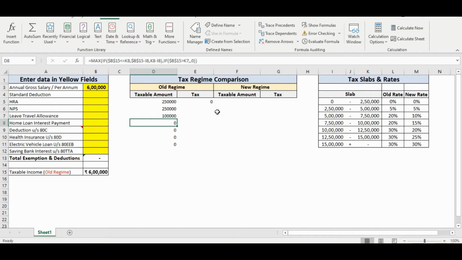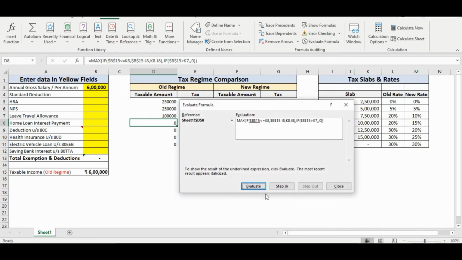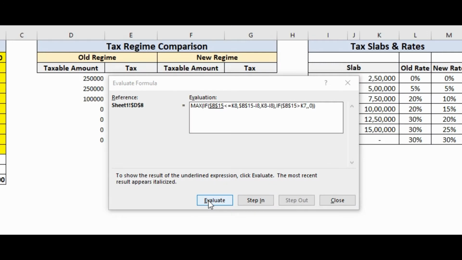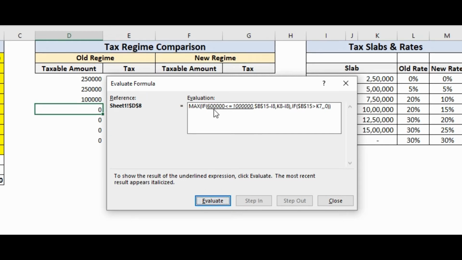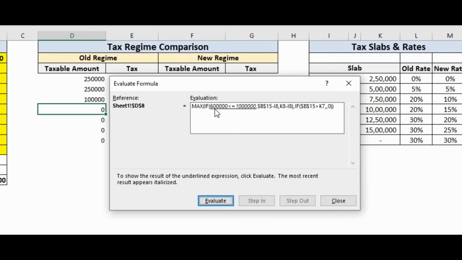So let's verify it by evaluating. As you click on the evaluate button, you can see that the values are getting replaced and the if condition is getting evaluated now, where the values are getting checked. That is, our taxable income 6 lakh is getting checked whether it is less than or equal to 10 lakh, which is the upper limit of the slab.